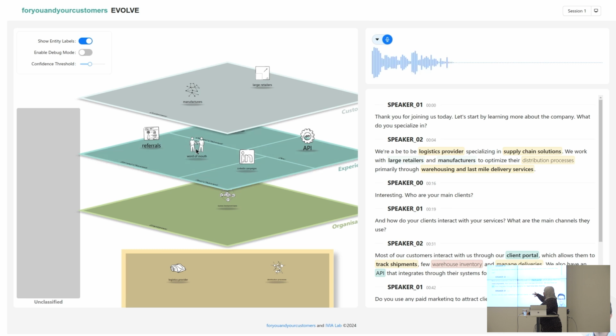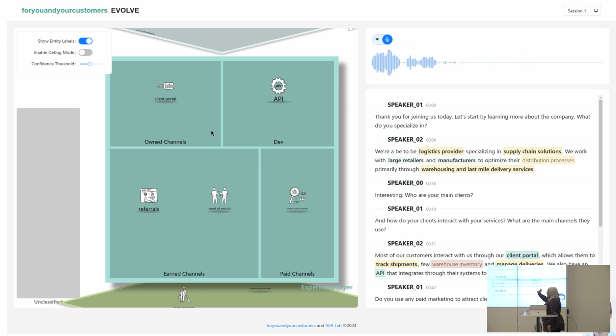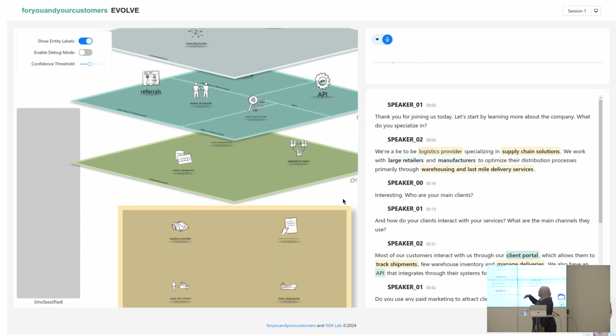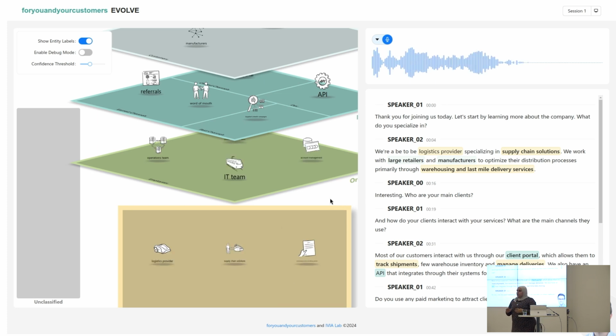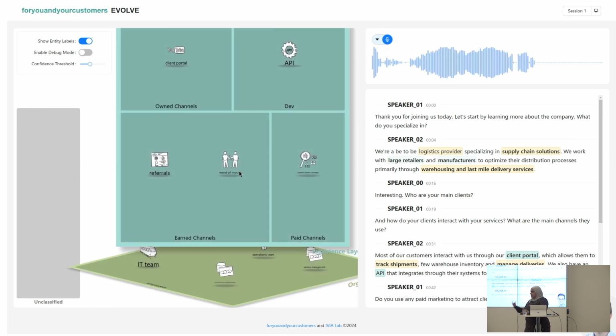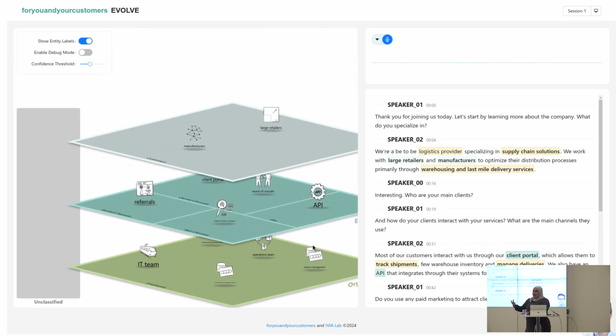So we set up a service where we capture that conversation live. We transcribe it, and then we extract the information that is relevant, position it on these different layers, extract icons that represent that, and then put that all together into a structure that would take one of these consultants more than a week to create, within one live session while they're interacting. So imagine now